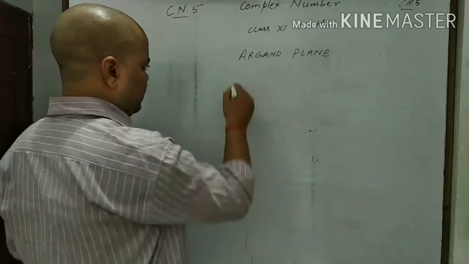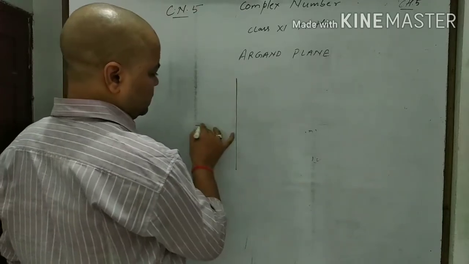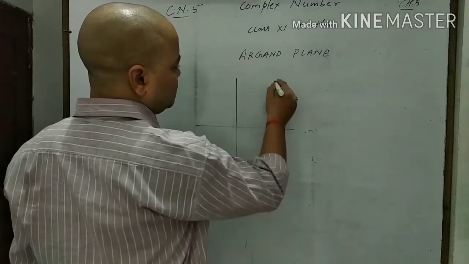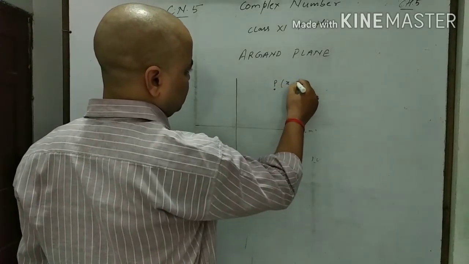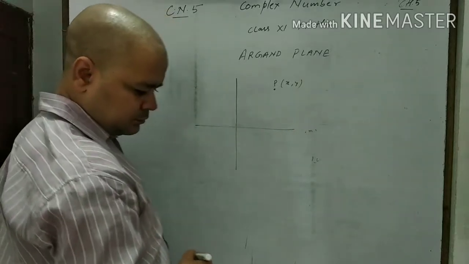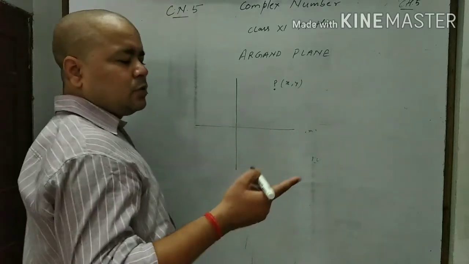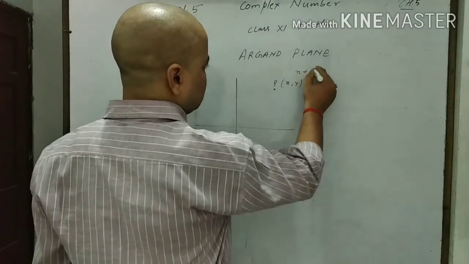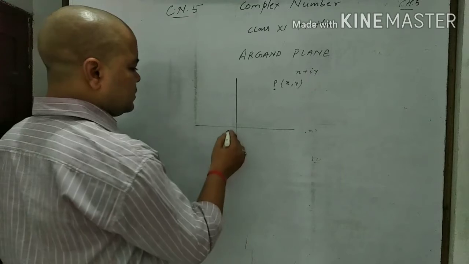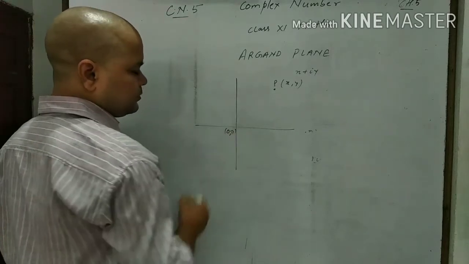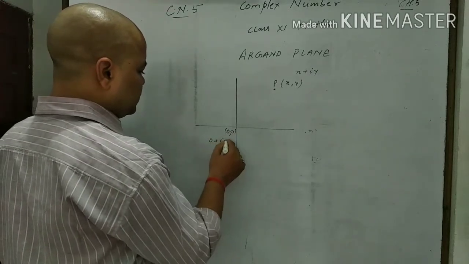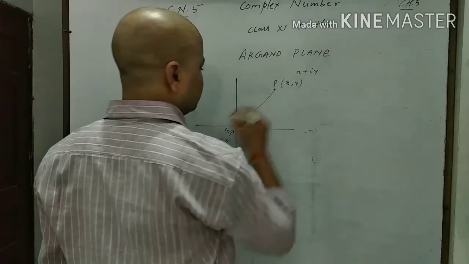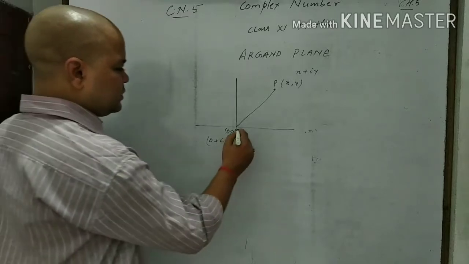Okay, now one thing. Let this be the Argand plane, and we have any point P whose coordinate is (x, y). Then, according to complex numbers, it can be represented as x plus iy. And let this be the (0, 0) coordinate, meaning 0 plus i0. And we want to find its distance here, OP.